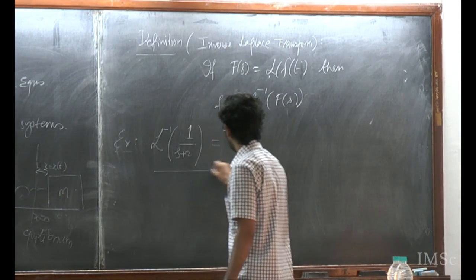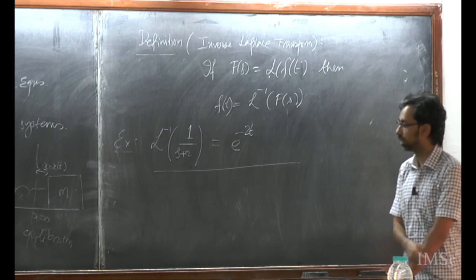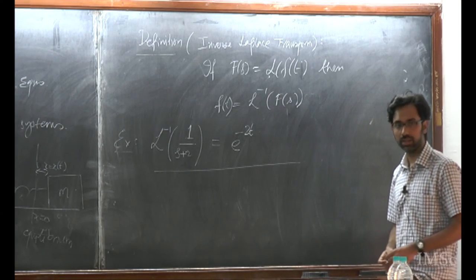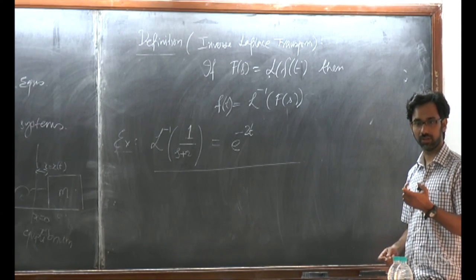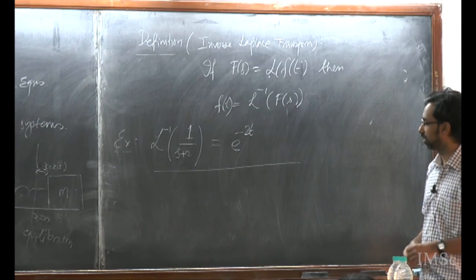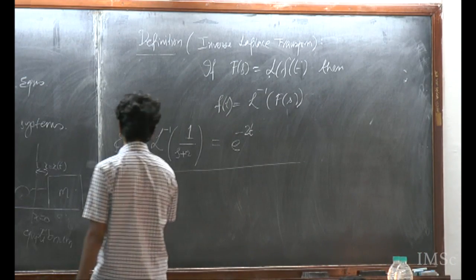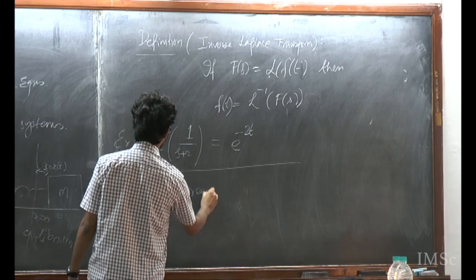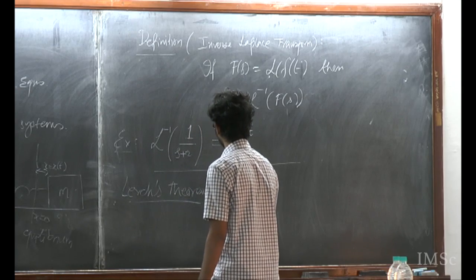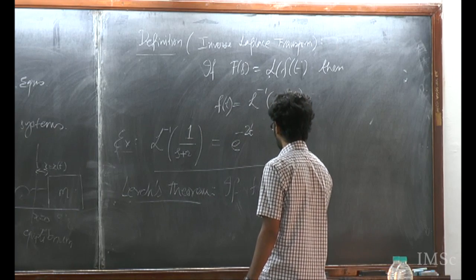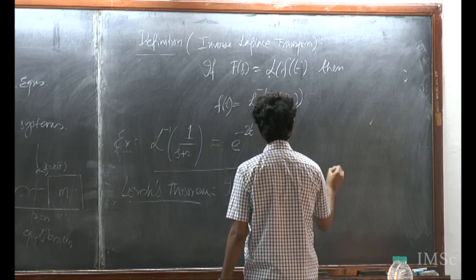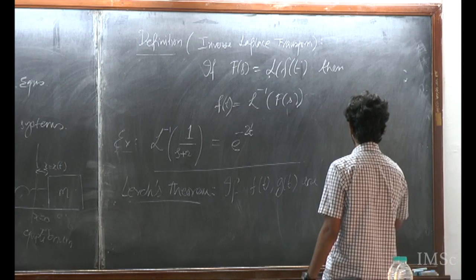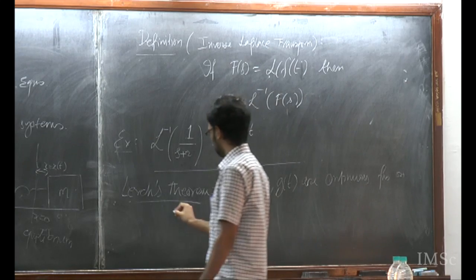So another question is whether, when you're talking about inverses, when is the Laplace transform one to one? Someone I think asked, right? When is it one to one? So one solution to this is called Lerch's theorem, which says that if f(t) and g(t) are continuous functions on 0 to infinity,